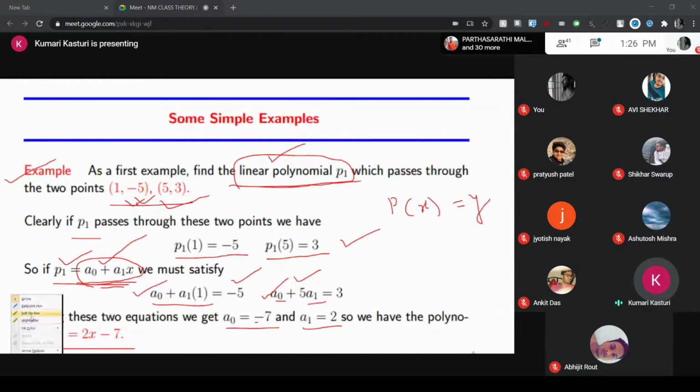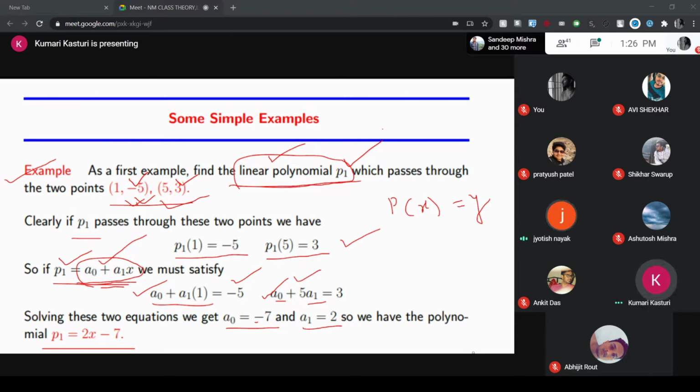The data set should be given to you in interpolation. Interpolation means the data set should be given to you, and you have to find out the polynomial from that data set. That procedure is called interpolation. So in the question itself, it is given that your polynomial should pass through these points. If the polynomial is passing through these, you have to find out what the polynomial is. That procedure, whatever you are doing, is called interpolation.